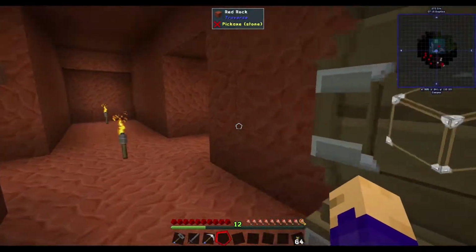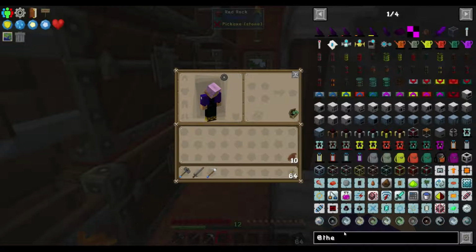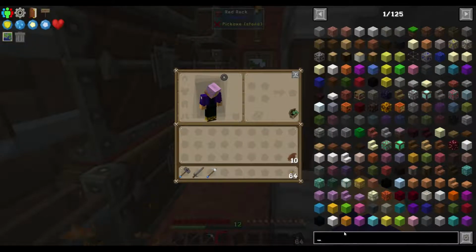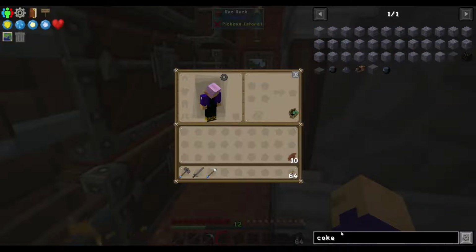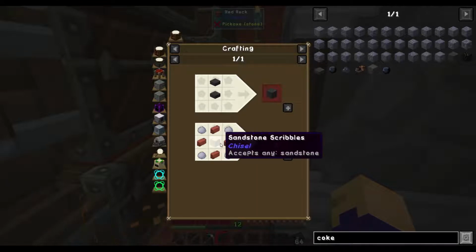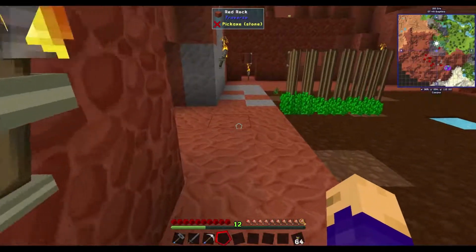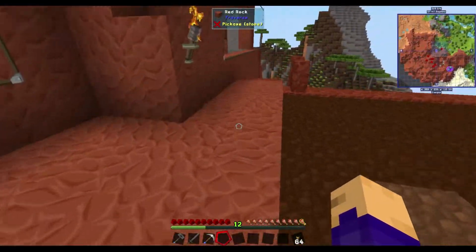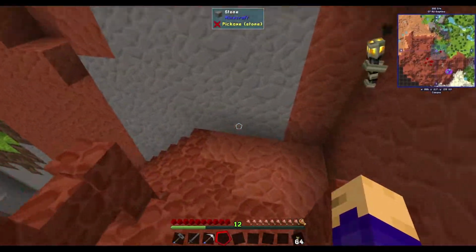Okay. So now that that is done, I really think we should get to work with this. That's not what I wanted at all. So, oak bricks are brick, clay, and sandstone. I could make sandstone, like I could legitimately make sandstone, but